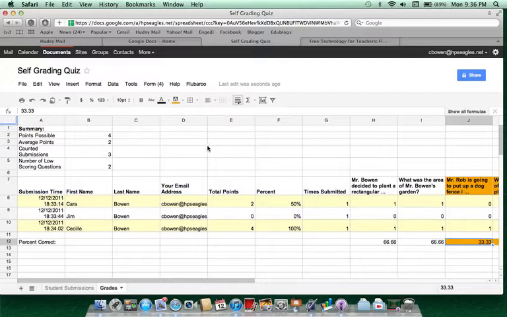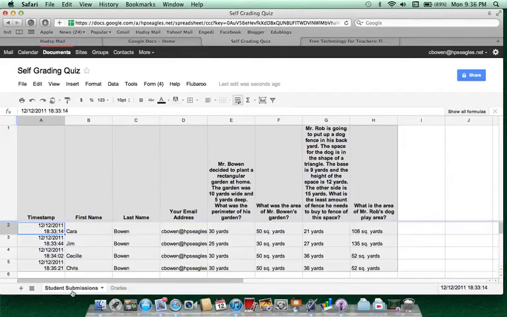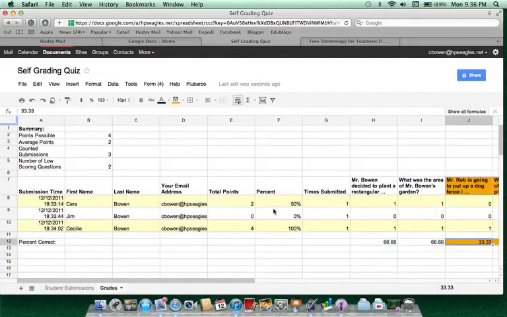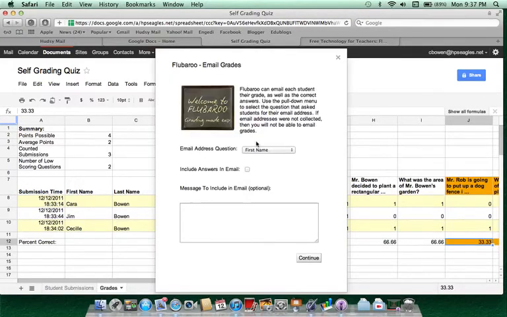Some different options that Flubaroo gives you. First of all, if you want to see their original submissions, down here at the bottom there's some tabs. So this will give you your original submission, and then you click on the Grades tab to see your grades. Go to Flubaroo, the menu, and you can regrade the assignment, which would be pointless. But the nice thing about this is you can email the grades. And based on the email address that the students put in the survey,